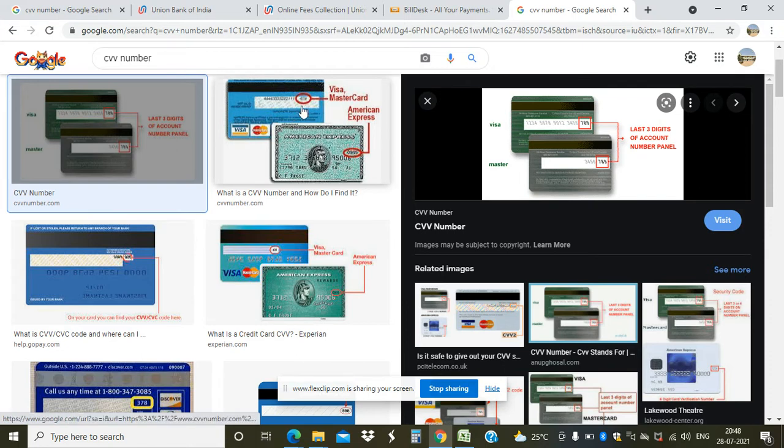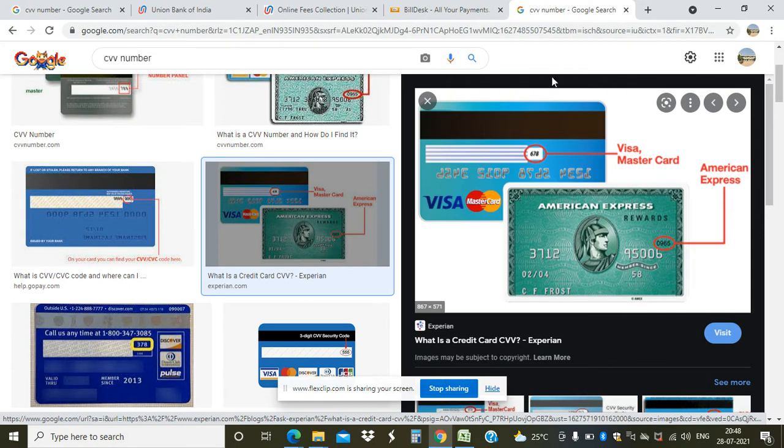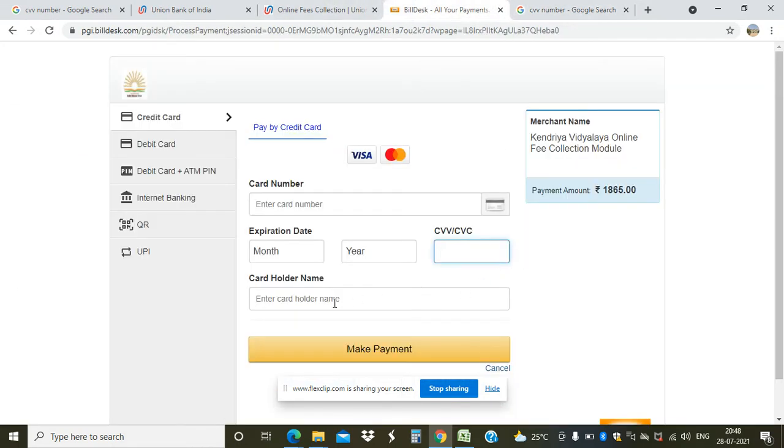Here at the back of the card, three digits are there. These are called the CVV number, and on the front of the card, this number we have to write, and the expiration date is also mentioned here. This one, and the name of the card holder.